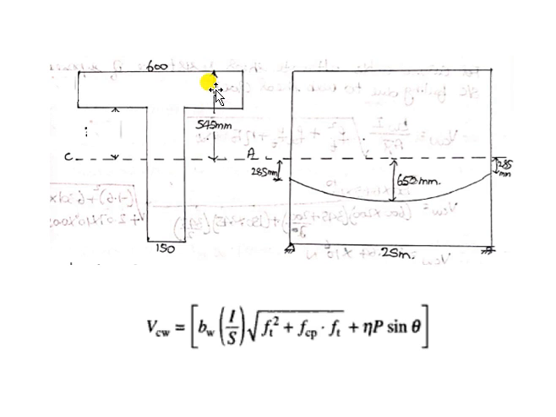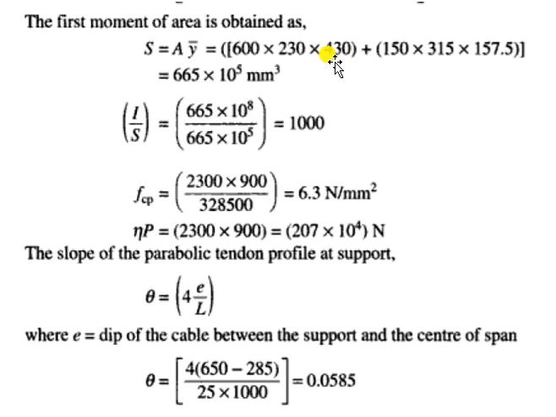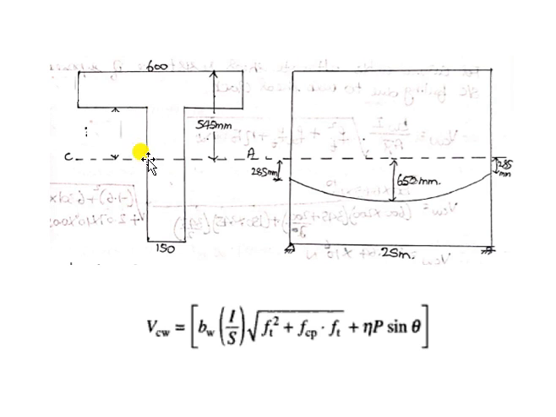And to calculate y bar of this section, we should consider 545 minus 230 minus 230 by 2, right? The centroidal axis of the flange section with respect to the centroidal axis of the whole section is equal to 545 minus 230 by 2, that will be 430. So this is A into Y bar of flanged section, plus now considering this portion of the web,